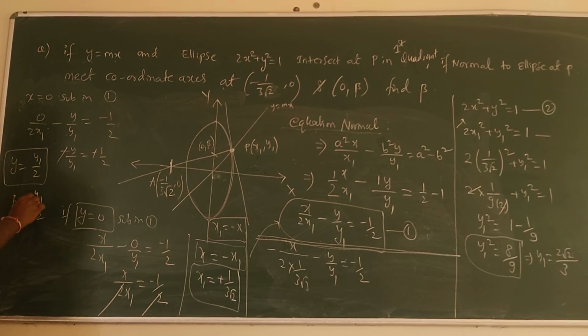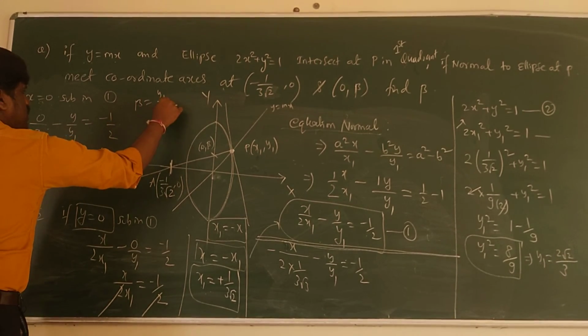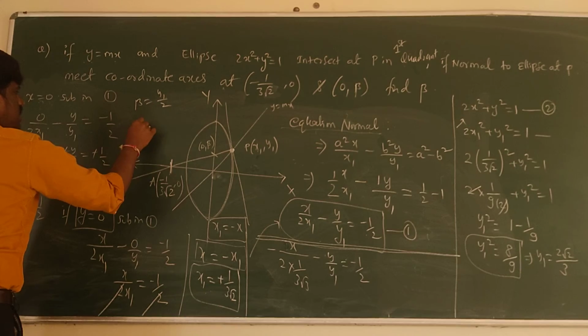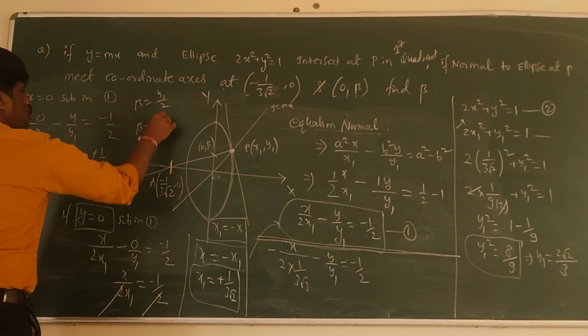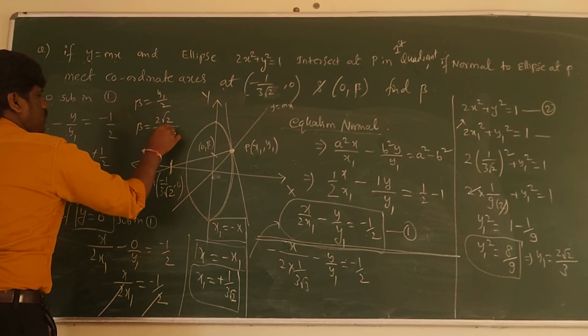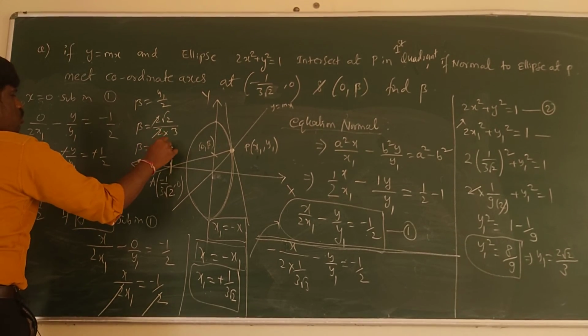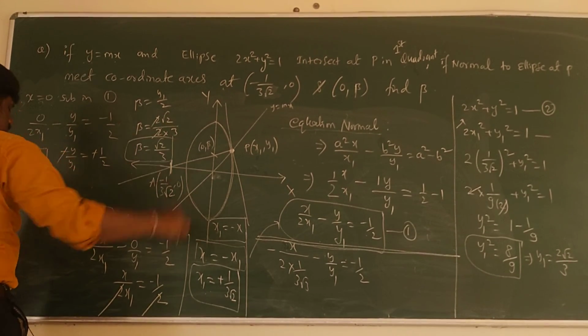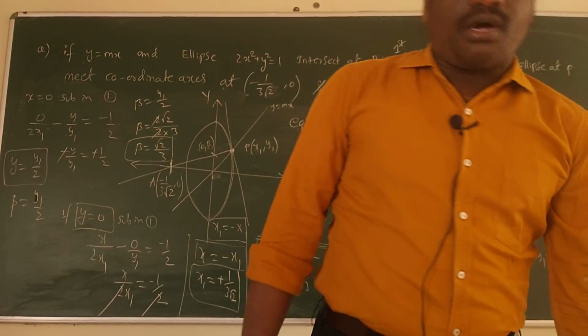So beta value is how much? y1 by 2. And as you have got, beta value is y1 by 2, correct? So that is what I have to find. So beta is equal to, what was the y1 here? y1 is 2 root 2 upon 3. So into 2 into 3, so 2 gets cancelled out. So beta value is root 2 by 3, is the right answer. This is a JEE previous year question. Hope you have understood this problem.